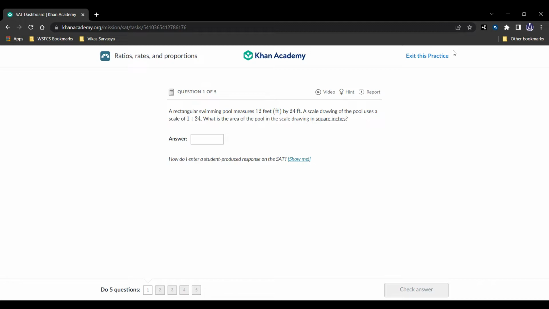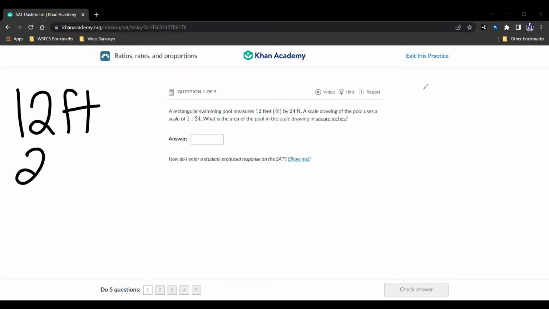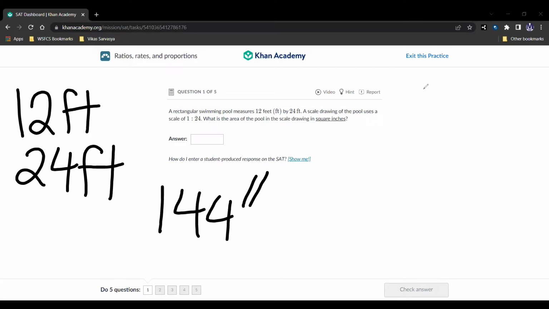All right, so our initial area is going to be 12 feet by 24 feet, which if we're going to convert that into inches, we multiply by 12 on each side. Now you have your calculator, so let's get our calculators out. And 12 feet using a calculator is 144 inches. 24 feet is going to be 288 inches,